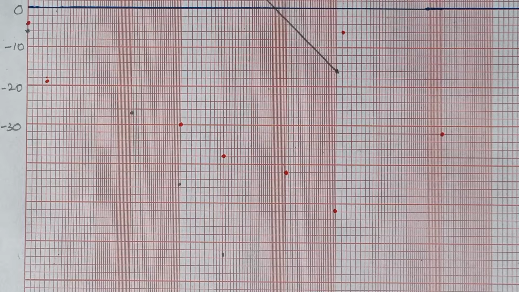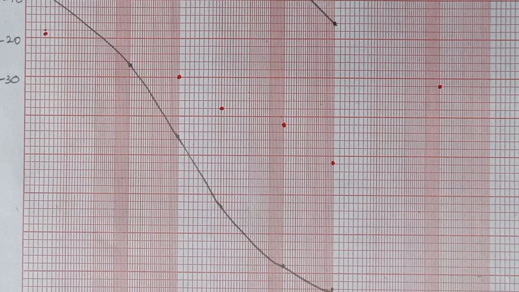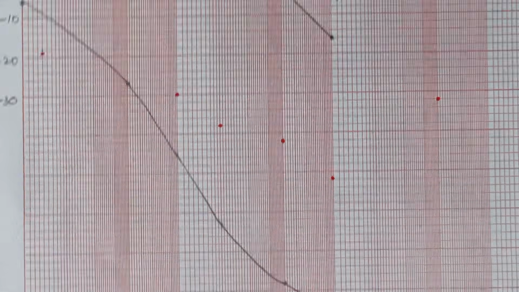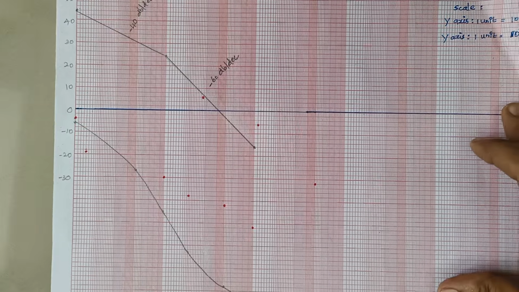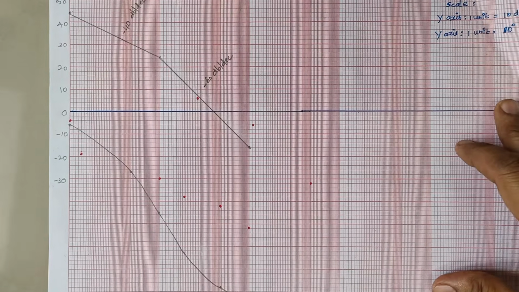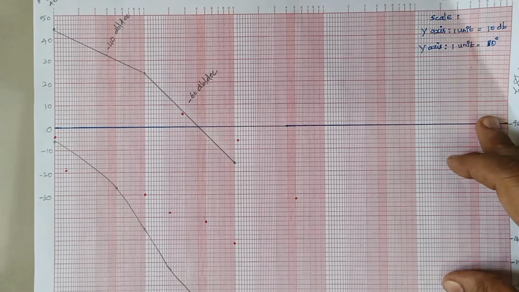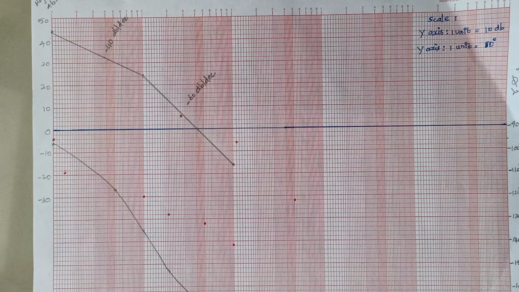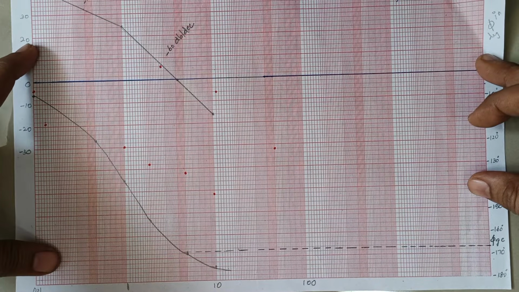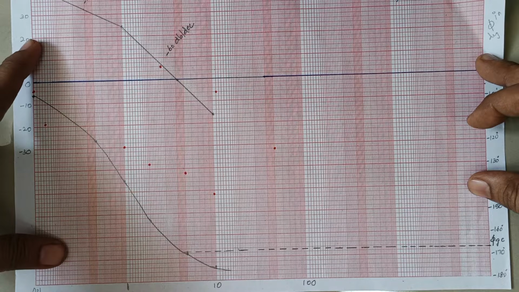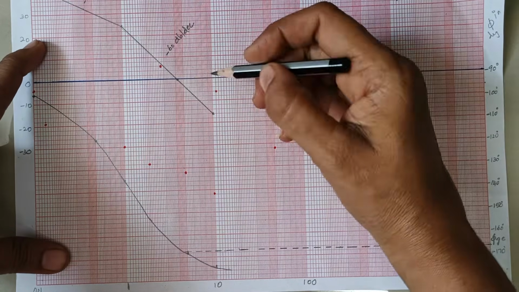Now we are going to join these points using freehand. Wait, let me show you. So finally this is our phase plot, and this is our Bode plot of the uncompensated system. Now we are going to calculate the phase margin of the uncompensated system. How to calculate the phase margin? I don't want to draw too many lines, right? Okay. You see our